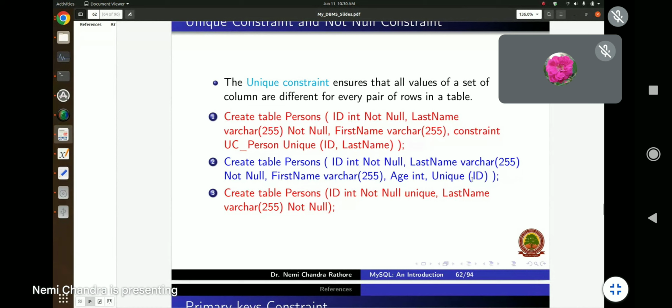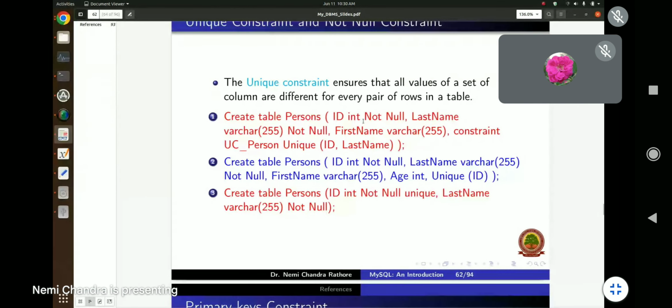You could write it here also. So the same thing will be done. Okay, so you have the choice. Either you can define a key in this way when you have only one attribute as the key. So we are assuming that ID is the unique key. Okay, so you can define unique ID in this way, or you can put a unique constraint on the ID column in this way, or you can just write ID int unique